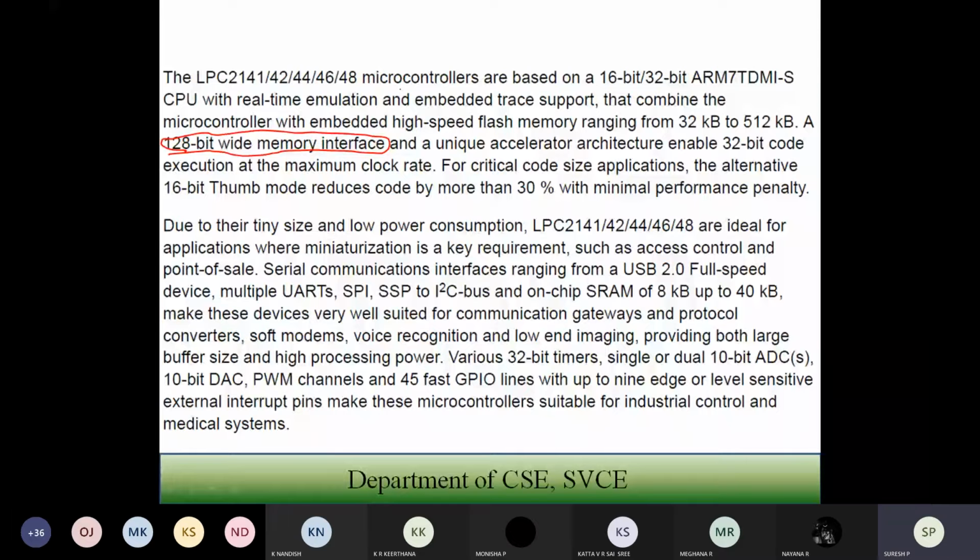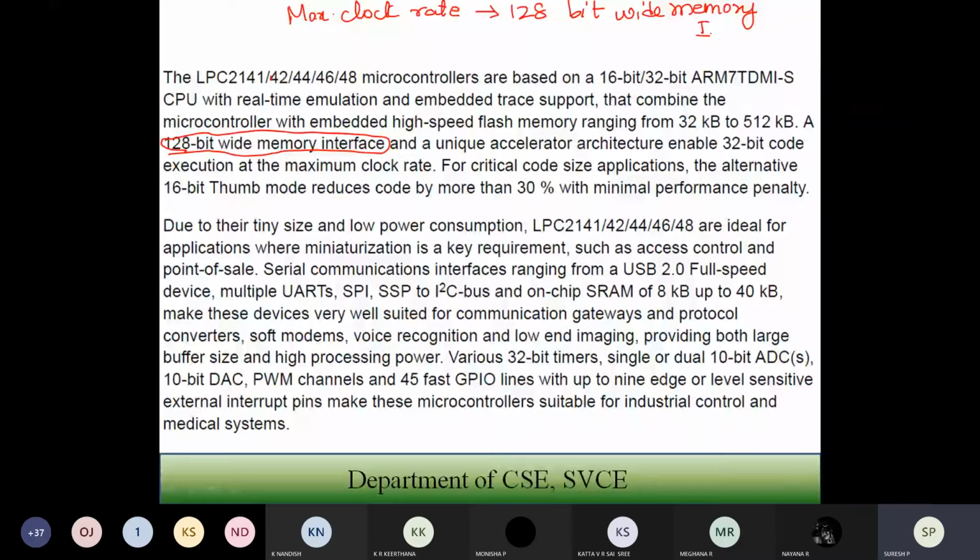That means if the processor is running at its maximum clock rate, it is going to accelerate, and it can work with a 128-bit wide memory interface. A wide interface means you can send 128 bits of data simultaneously.